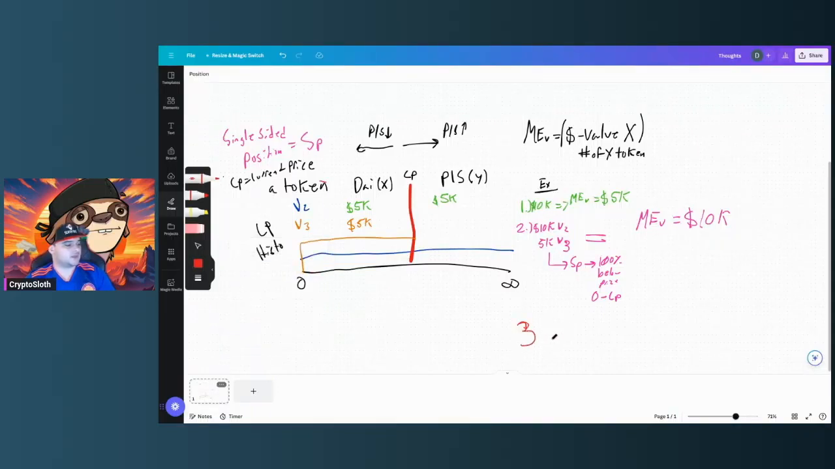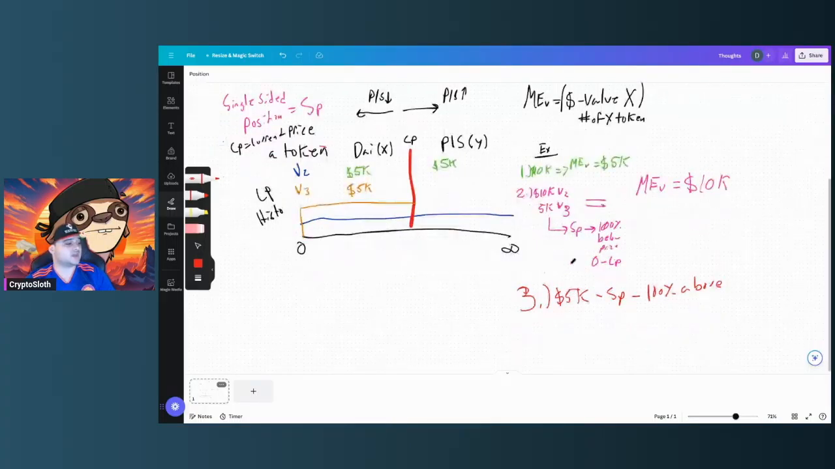And in this scenario, what if we had 10K value? All I'm trying to say is if we had another position that was 5K, a single-sided position, 100% above price, and we had all of these too. So we have the 10K, the 5K, and then we added another 5K on top of it. So it would then be over here. In this case, our MEV would still be